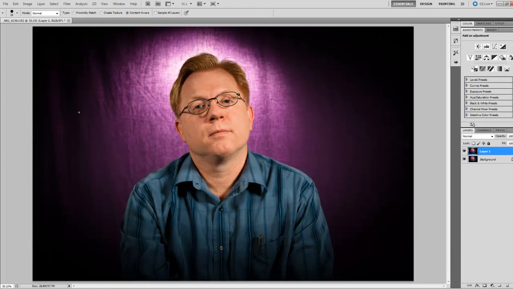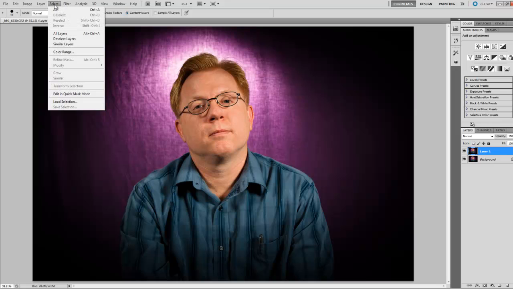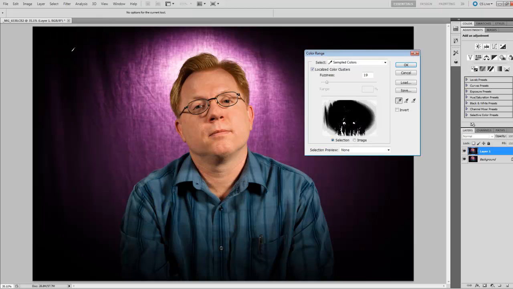And this purple background, I don't like all the lines and stuff that are in it, so I am going to select a color region, and that's the purple color region because there's no real purple on me. So I'm just going to go to Select, and I'm going to select a color range. And you can see me in this color range dialog box. You can see where I am, but I don't want to select me. I want to select this color range. So I am just going to click